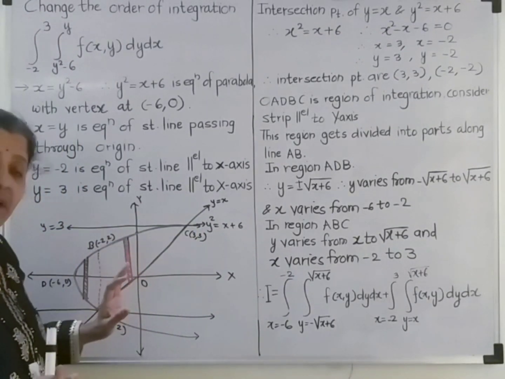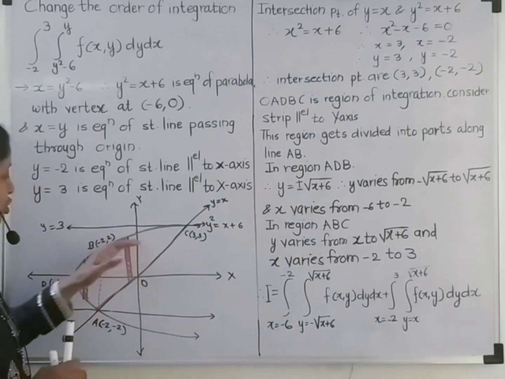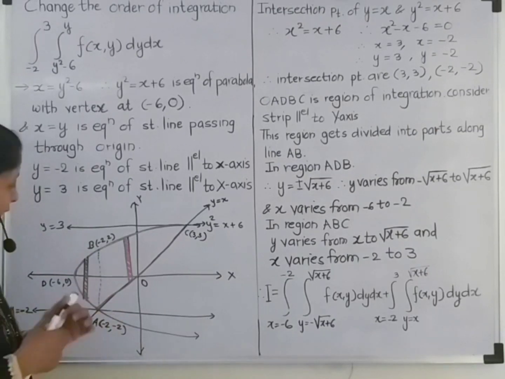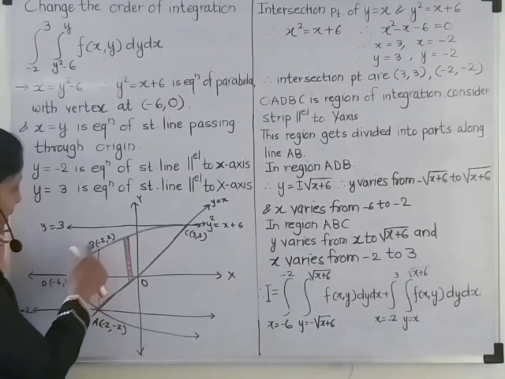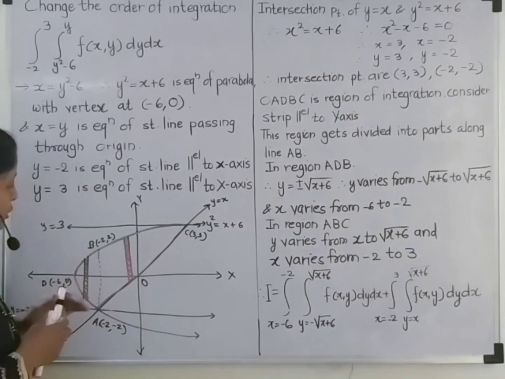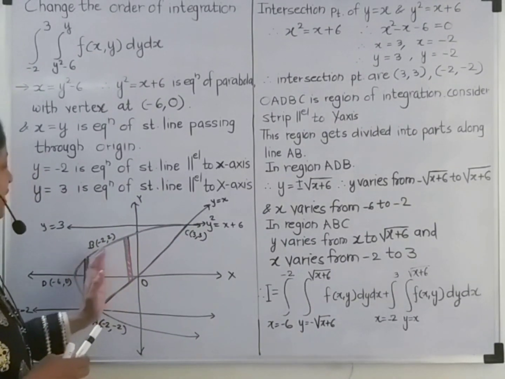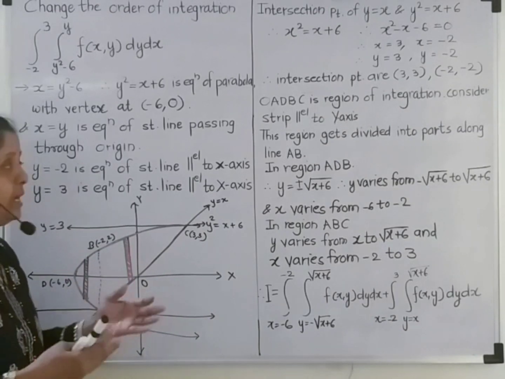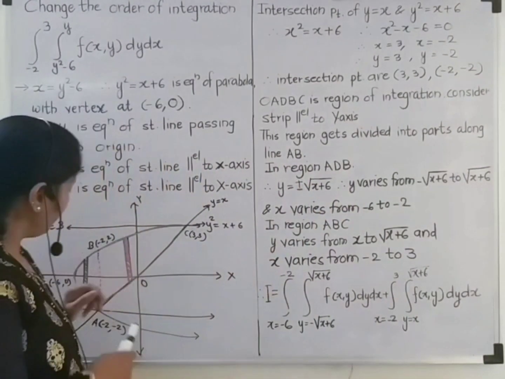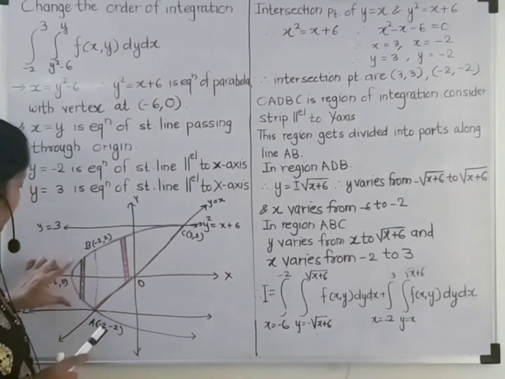So it means what? In this diagram, the region of integration gets divided into two parts, right? So this ADB is one part and ABC is the second part, right? So in both the regions, we have to find out the limits separately. So let us start. So in the region ADB,